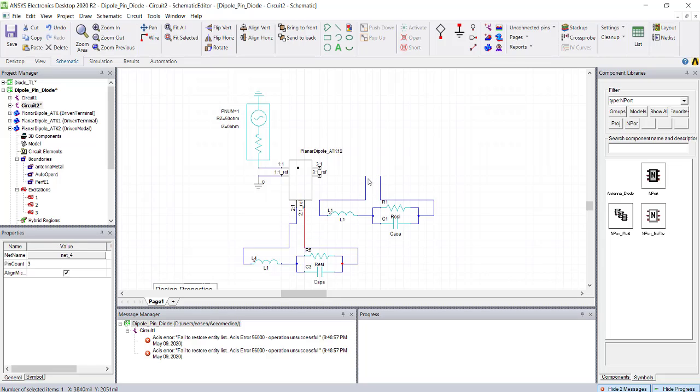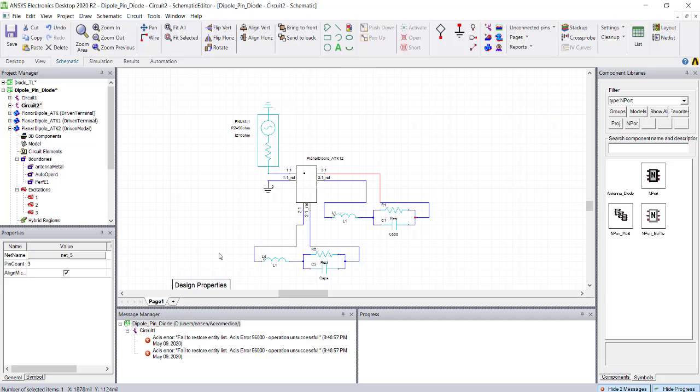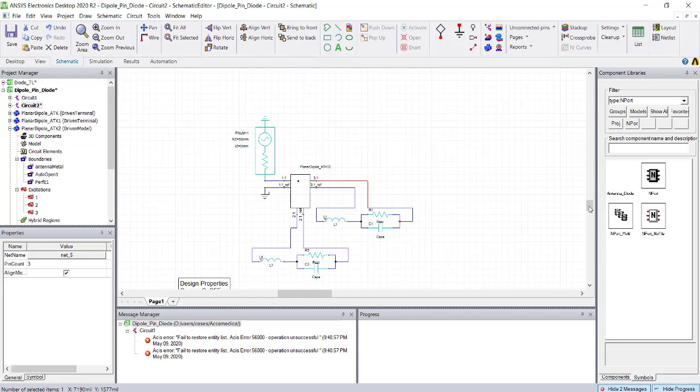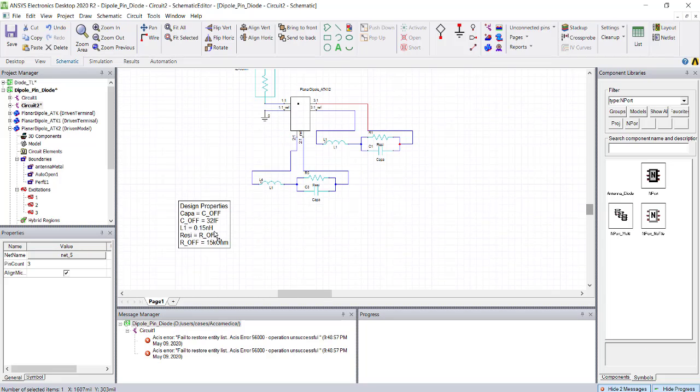So you can see connecting these wires, and 3 is connected here. So L1, resistor, resistance, capacitance. Everything is given as a variable. So variable, you can see it over here. What we can do is we need to just click here. You can see what is the value for each quantity.